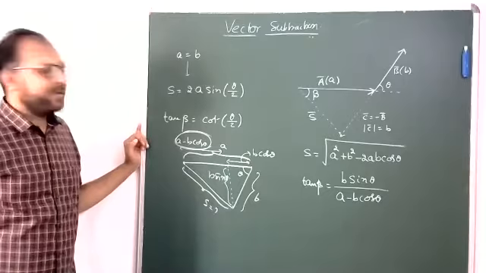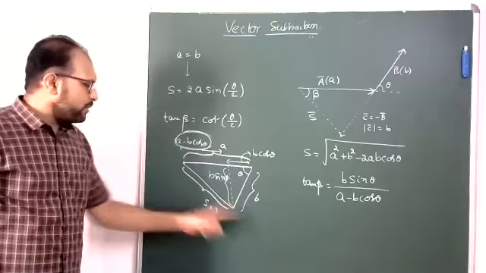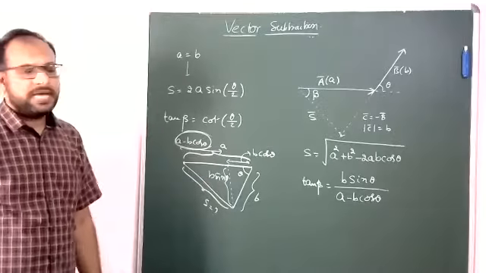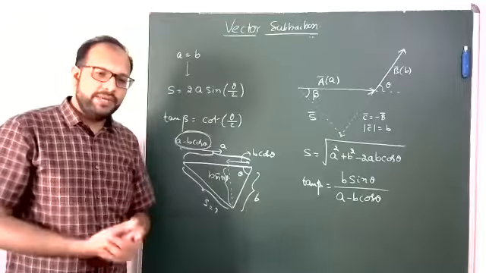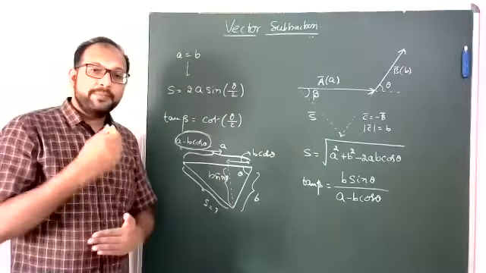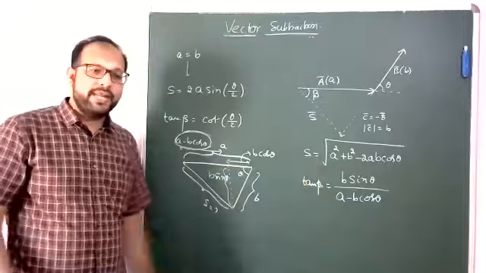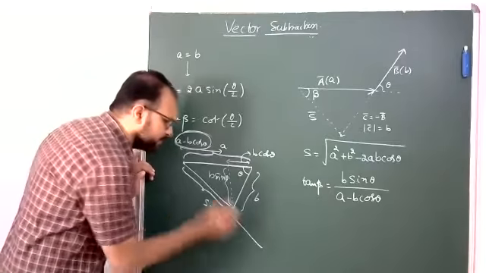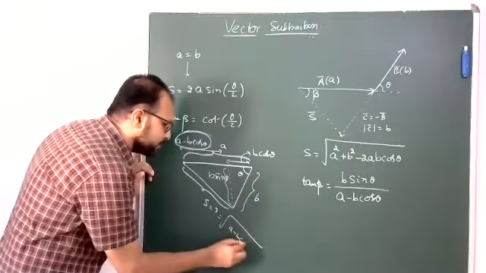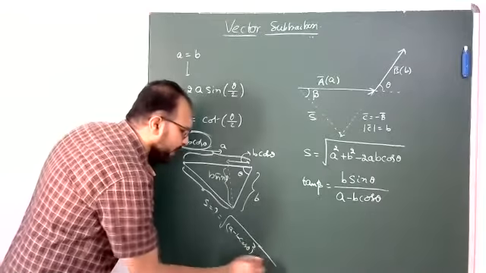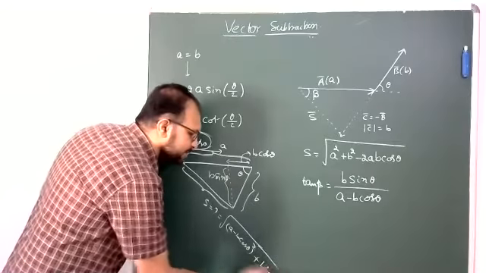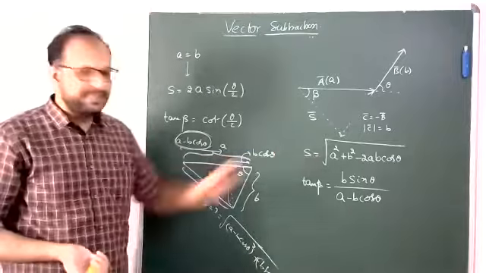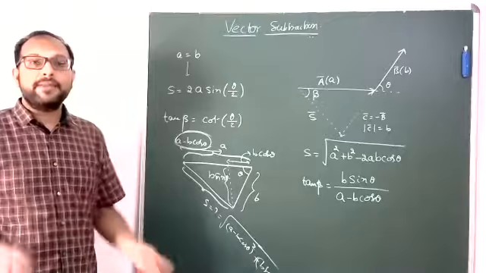Yes, again the right angle principle: S equals under root A minus B cos theta whole square plus B sin theta whole square. The theta value, A value and B value are given. So any student who does not remember that formula need not worry. By using this logic you can find it. What is S now? Under root A minus B cos theta whole square plus B sin theta whole square. After simplification you will get the formula, but if you don't remember, this is the method.